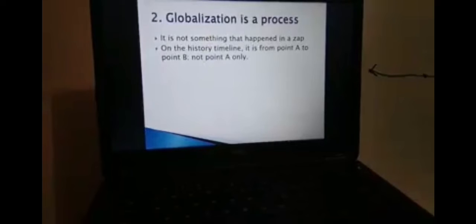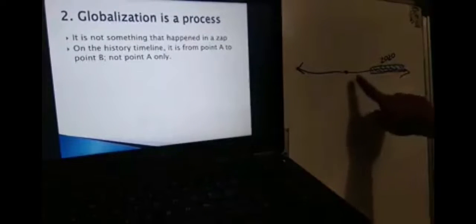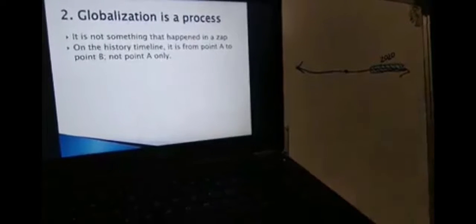On the history timeline, as you can see a while ago on our board, it is not a point, but rather an area. It is a point from point A to point B, and all the things in between. That is globalization.